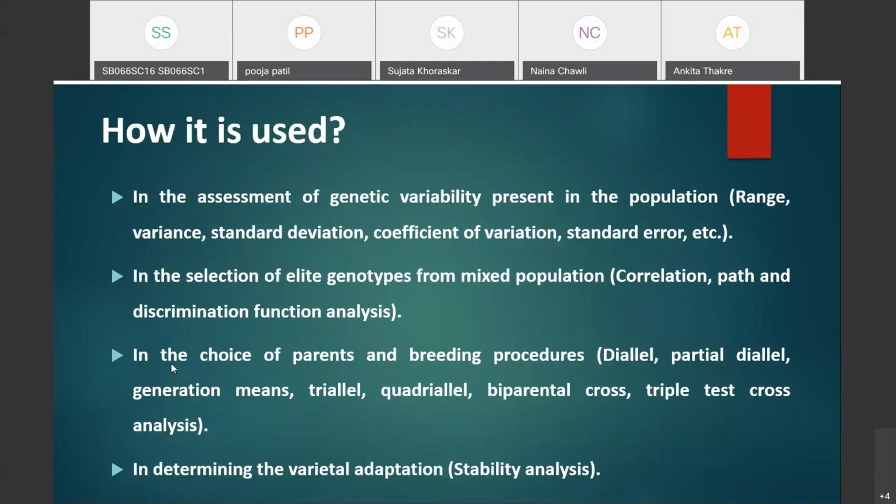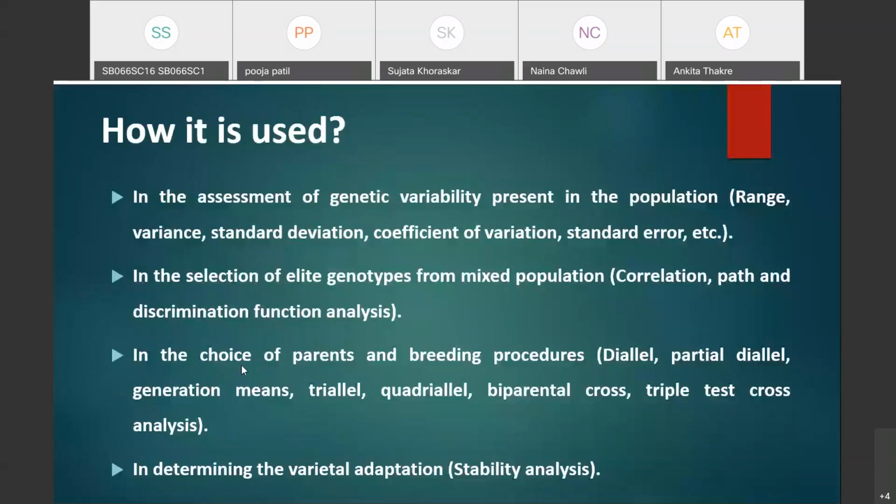Then these techniques are also used in the choice of parents and the breeding procedures. These statistical procedures include diallel, partial diallel, generation means, triallel, quadriallel, biparental cross, and triple test cross analysis. By using these methods the parents are selected, and then these are used in the